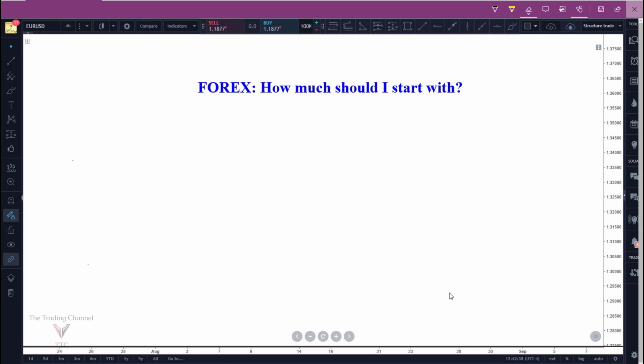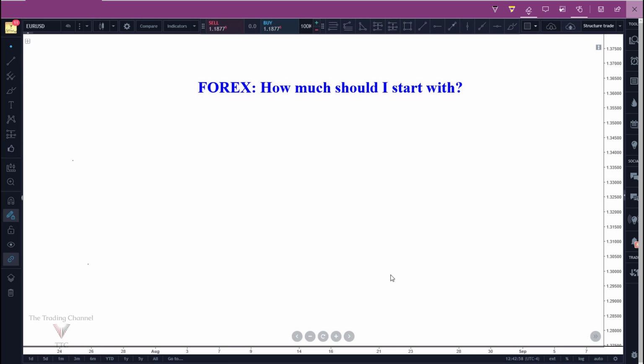All right, so now let's go ahead and move on to the next section of the video, guys. And before we do, it's important to remember that this is my opinion only. I'm in no way giving you guys advice on how much to start a trading account with. So again, guys, this is my opinion and my opinion only, and that's how it should be taken. But let's go ahead and move on to risk capital.